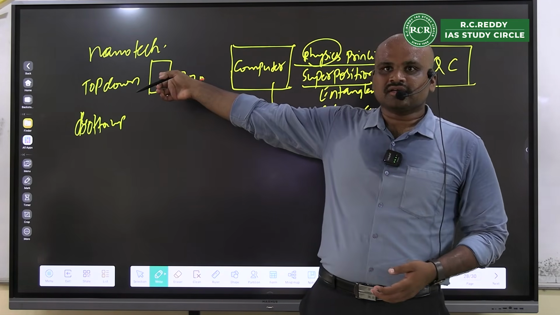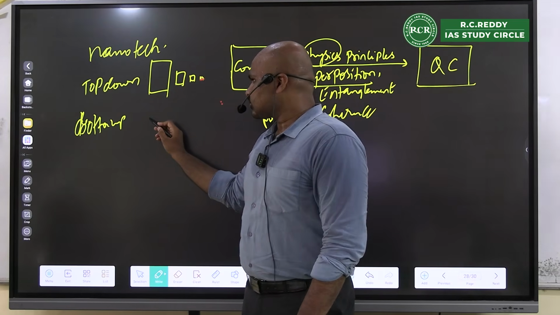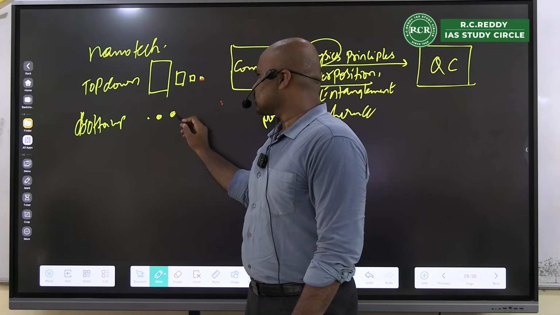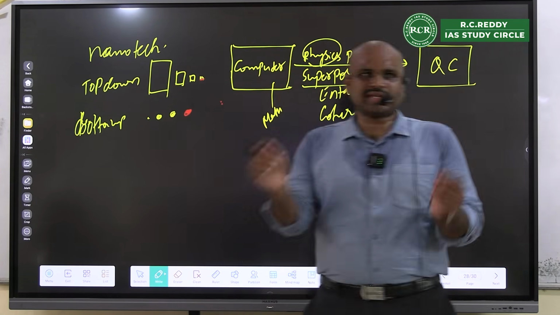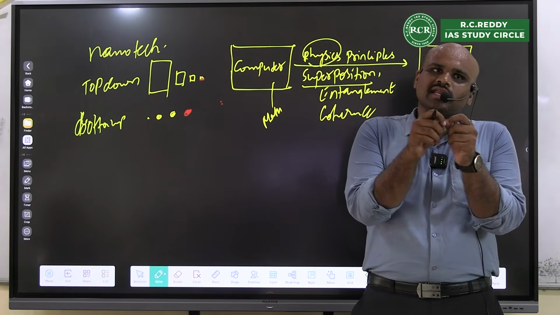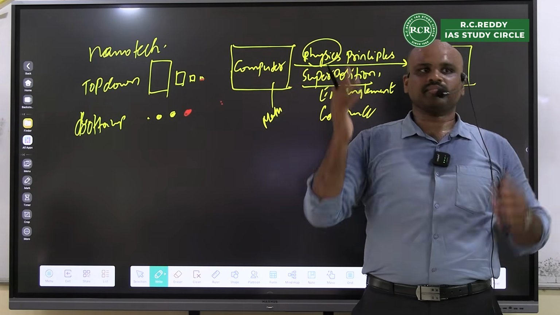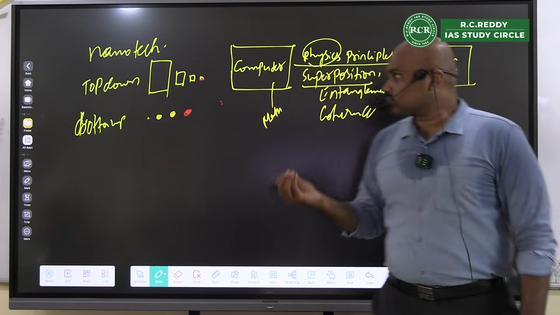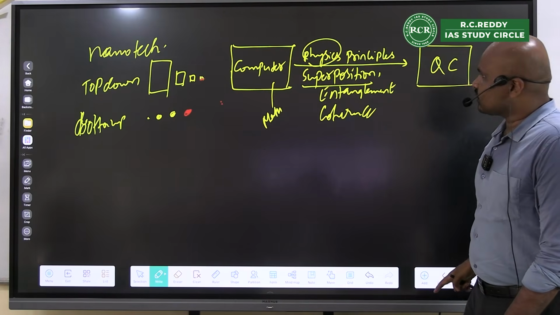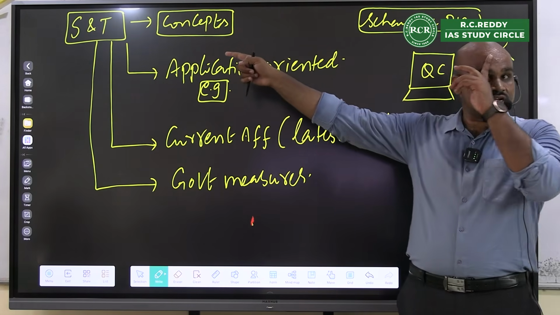That is a schematic. If I have to show bottom up, I will show something bigger. That means when I add smaller components and make a nanomaterial, that becomes bottom up. So what I mean by schematics is these basic schematics will have to be positioned whenever you are writing